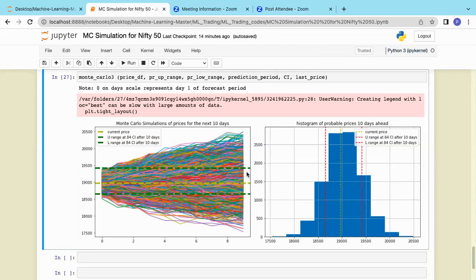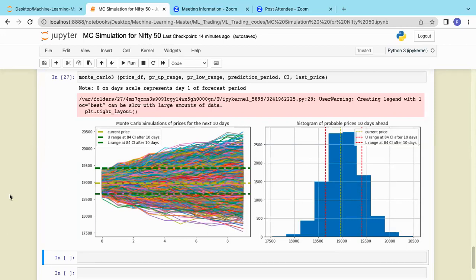And if you just look at the upper range, it represents 84% confidence interval, which means that 84% of the prices are likely to occur below this range, and 84% of the prices are likely to occur above the lower range. And same we can see on the histogram. So this is our current spot price represented by this yellow dash line, vertical line. And we are seeing this as the probable range over the next 10 days. So prices likely to stay somewhere around 18,600 to approximately 19,400 with the 84% confidence interval on the lower and the upper side. All right, so this looks good. Let's